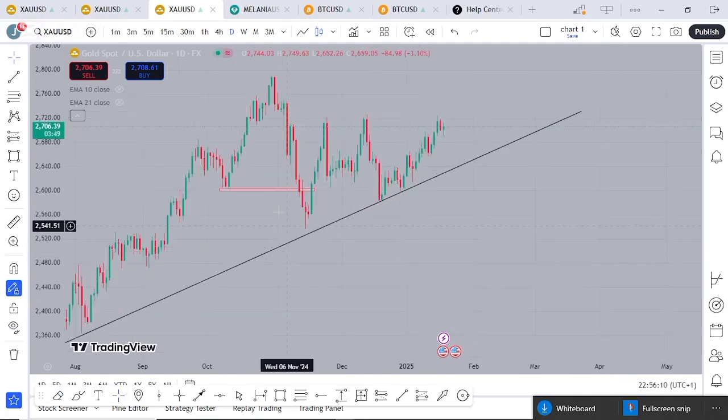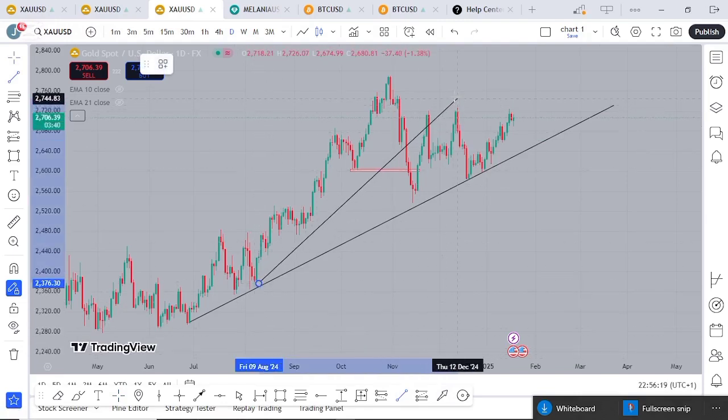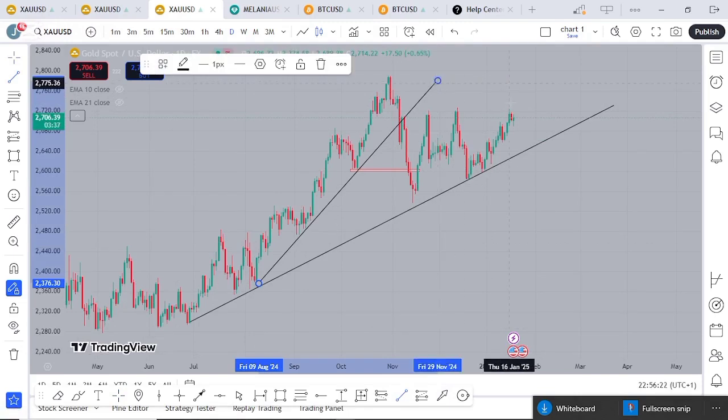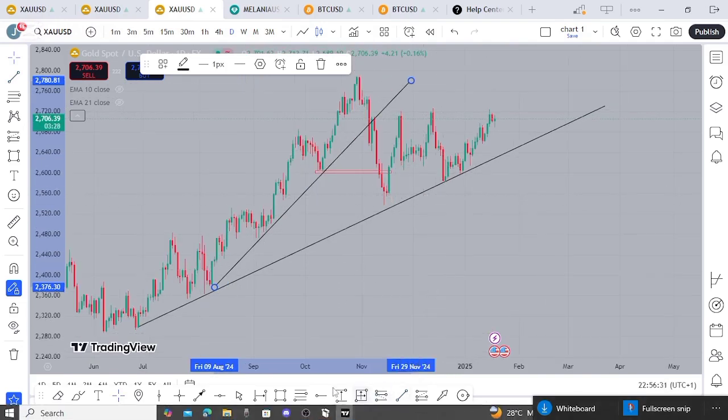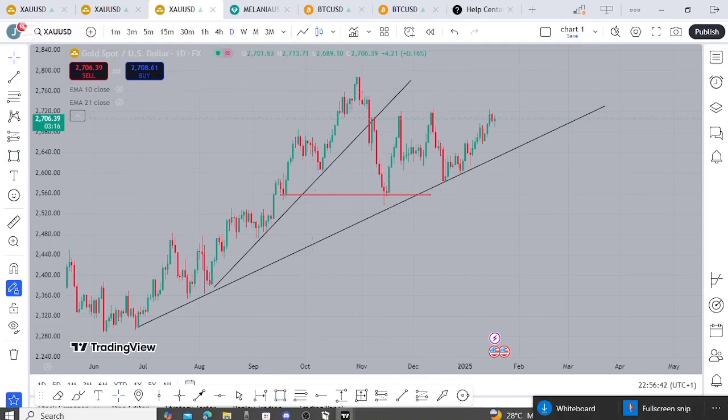Okay. Now, after this market structure has been violated, look at it here, because here it was bullish. You see this day we are going bullish. This is the first touch, second touch, third touch. We are expecting a fourth touch, but it broke down and shifted to this particular zone. So the market came and took this particular point, this liquidity here. After taking this liquidity, we saw the market go up again.